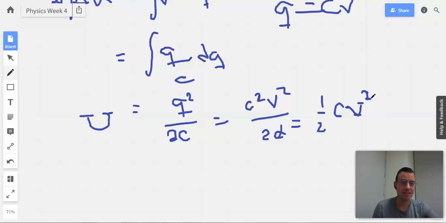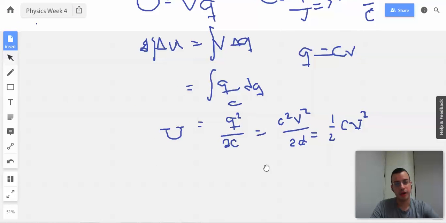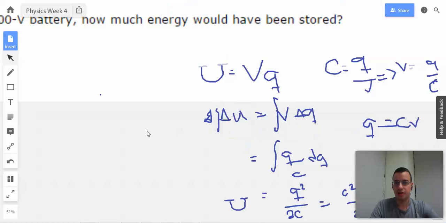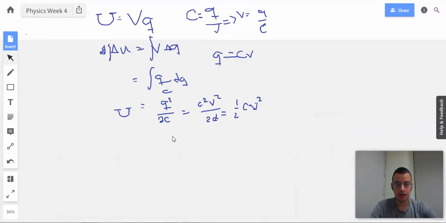So I like to think of this as the kinetic energy equation. That creates gross conceptual errors because V is for voltage, the other one is for velocity. That's okay, it helps you remember it. So if you think of this C as mass, it defines the relationship between charge and voltage of a capacitor. So it's kind of like mass, same idea maybe, I don't know. And then V is voltage. So that is the equation. And so then we take 24 volts, 1 microfarad,